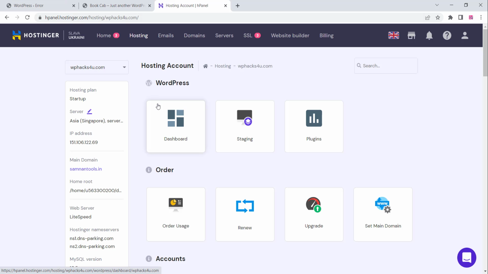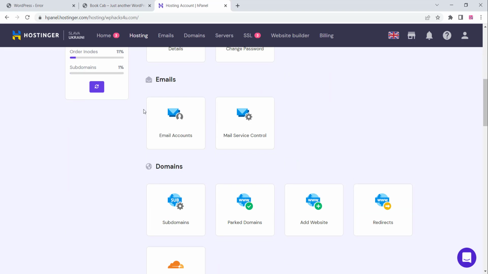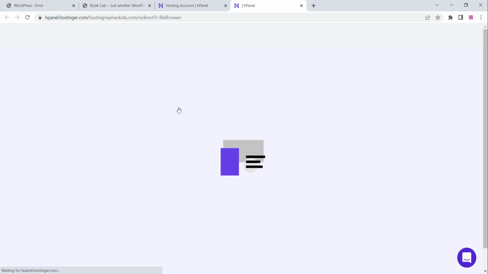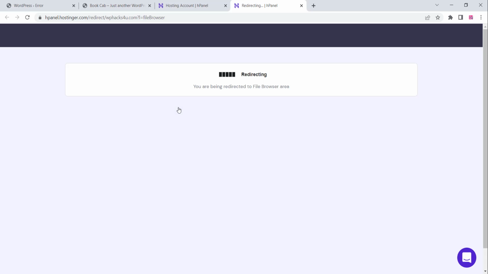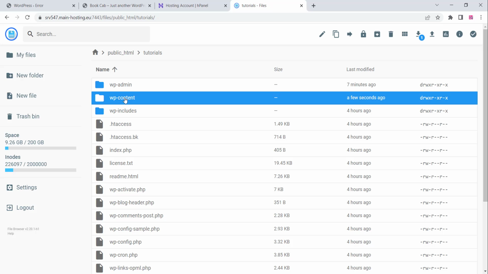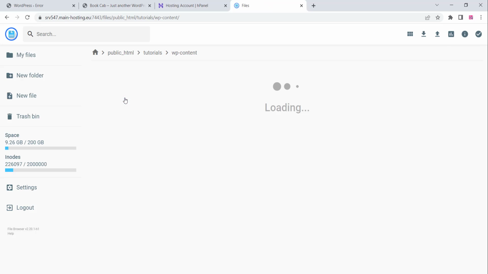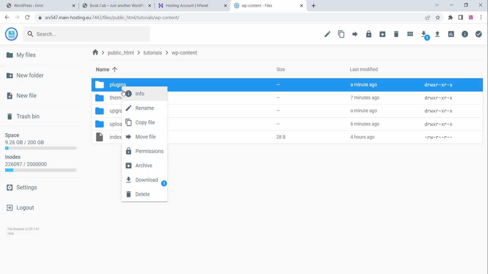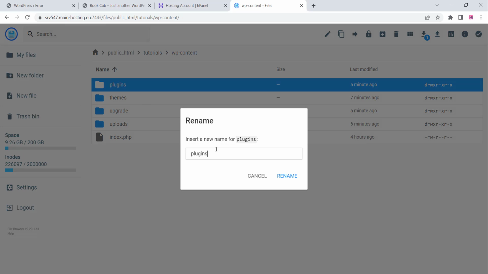Just go to your control panel and your hosting account, and you can see the file manager there. Open the file manager. There you can see your WP content option here. Just open that folder, and in the plugin settings just rename the plugin. Click on the rename option and you can just add